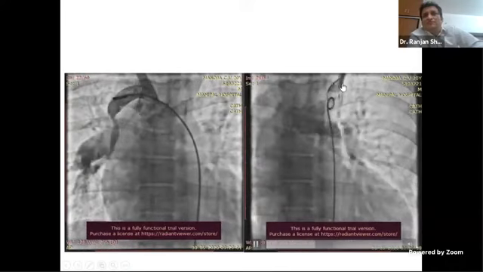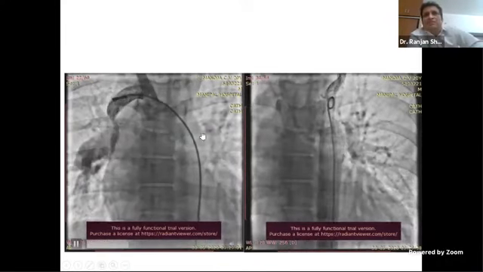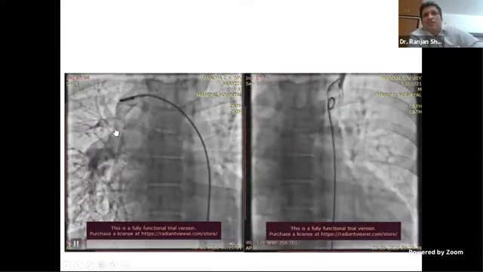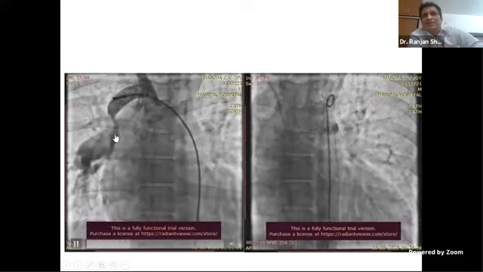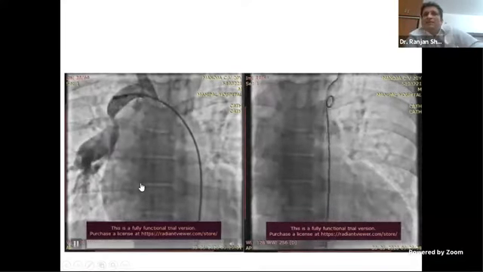Yes. This is the right side. This is the left side. So there are BT shunts. There's some difference between both of them, and this looks narrowed. The shunt wherever it's getting communicated looks narrowed there. So this is a bilateral BT shunt.